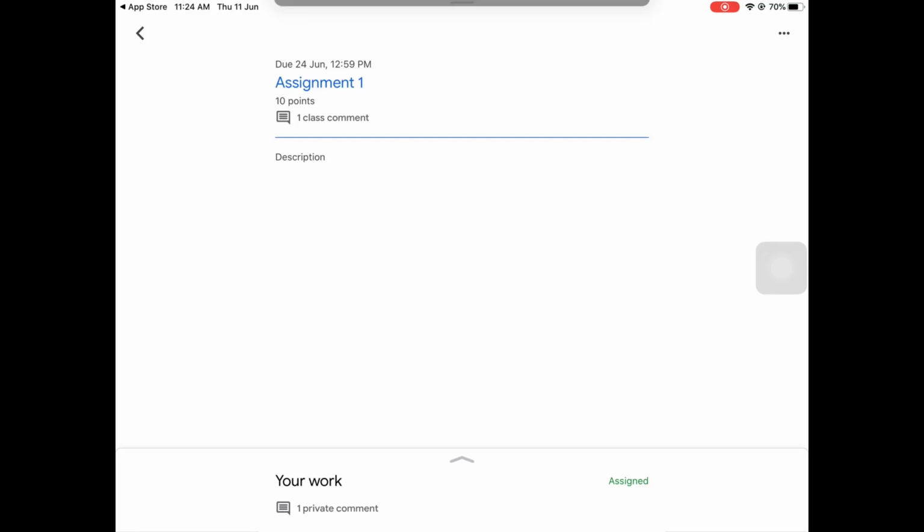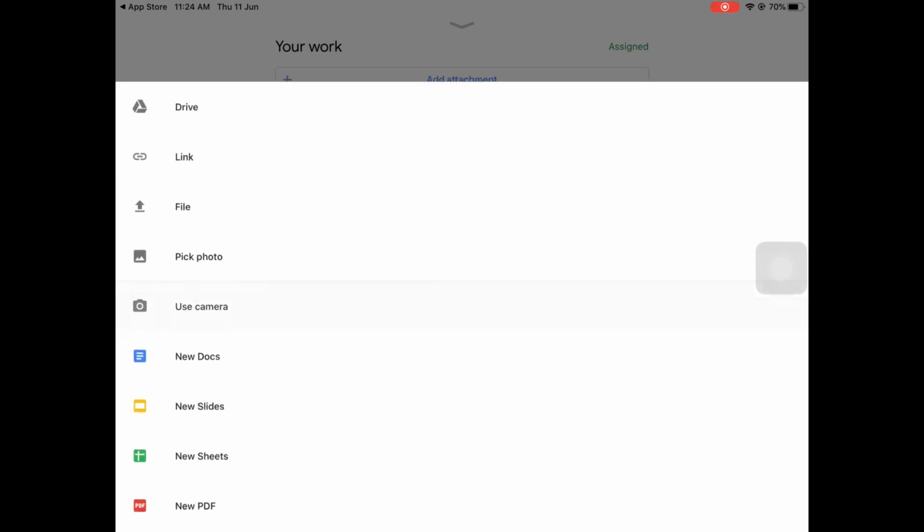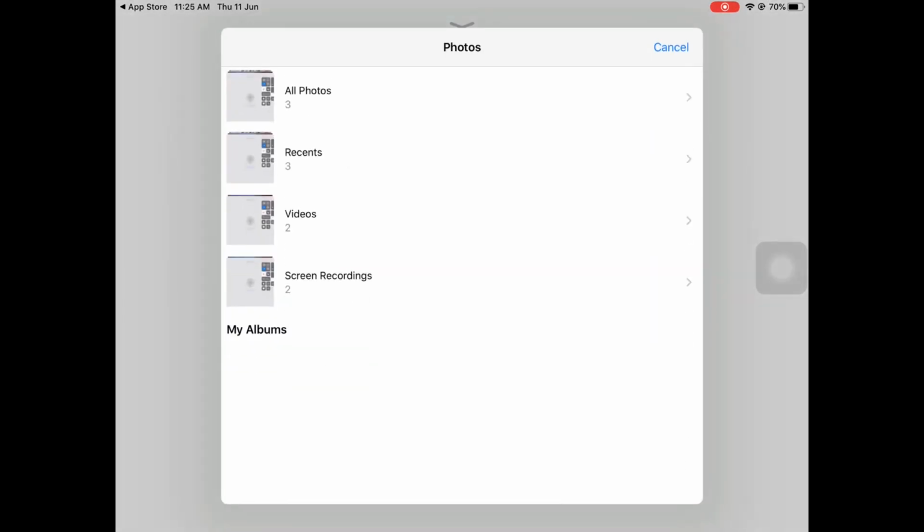Now I will show you how to submit an assignment. You can mark as done if you don't have any attachment that is to be submitted along with the assignment, or if you have any attachment, click on Add Attachment and add the type of file that you want to upload. In this case, I am going to upload a picture.